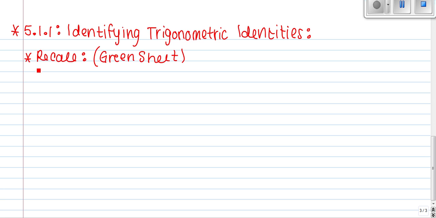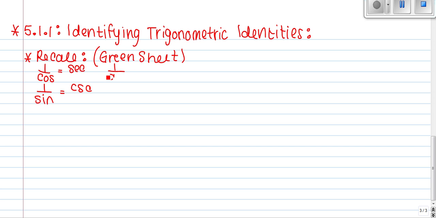Today we're going to be talking about verifying identities using the trig identities we already know. We're going to be using the reciprocal identities, which are 1 over cosine, which is the same thing as secant, 1 over sine, which is the same thing as cosecant,